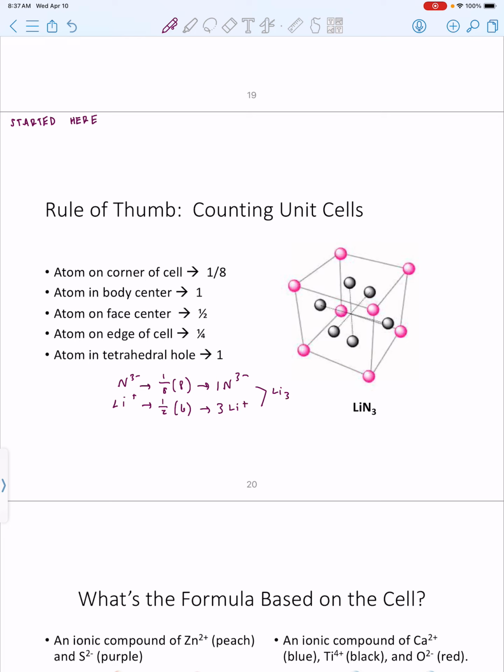Keeping in mind that we always have an empirical formula for an ionic solid. So as long as the ratio of my ions matches the formula, we're good. Right? So in this case, it's exactly the same. What we saw last time was that sodium chloride worked out, but I had 4 sodiums and 4 chlorides per